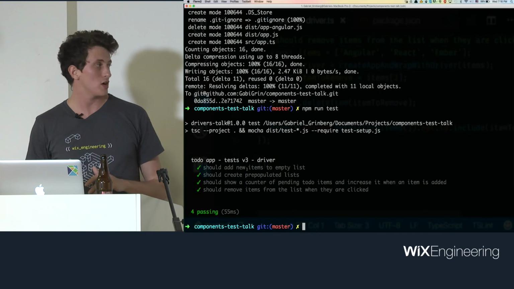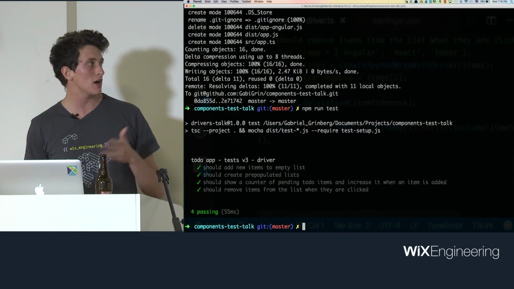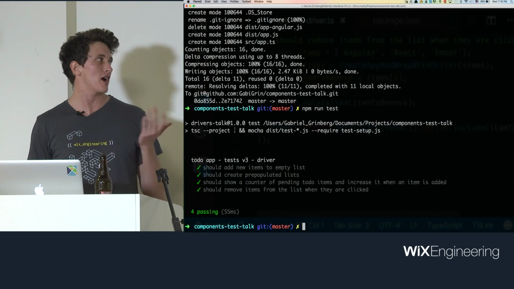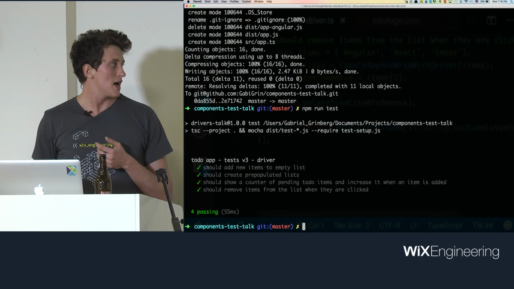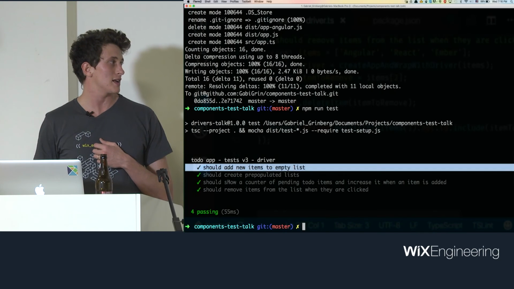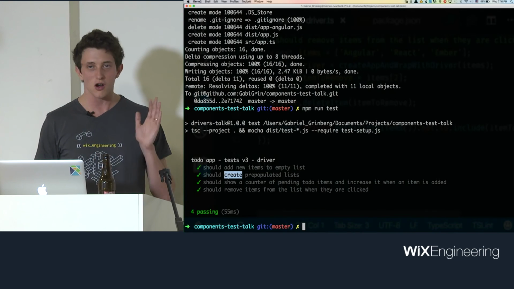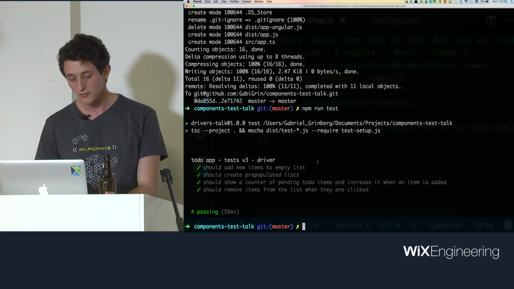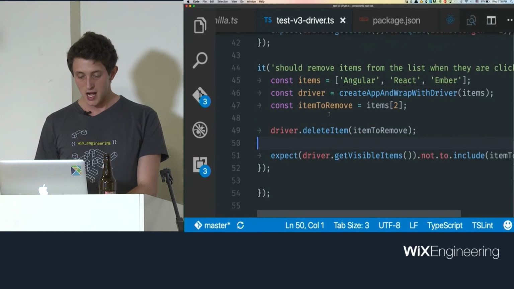I did npm run test. I'm using Mocha. I'm compiling the TypeScript files into JavaScript, and we have 4 tests passing. It should add new items to the list. All the 4 tests we talked about. Okay. Now